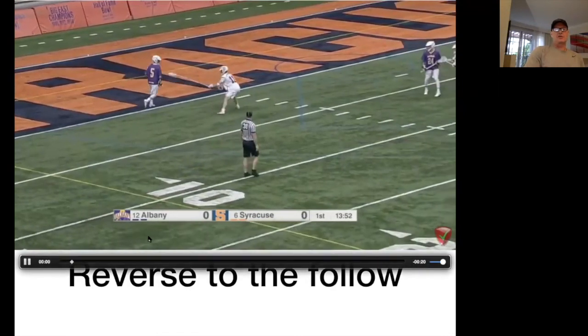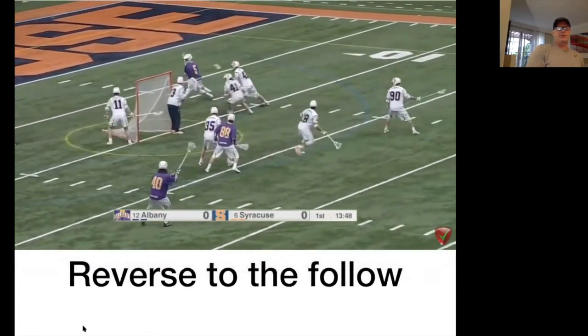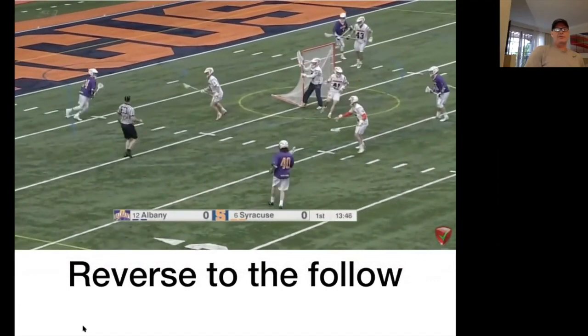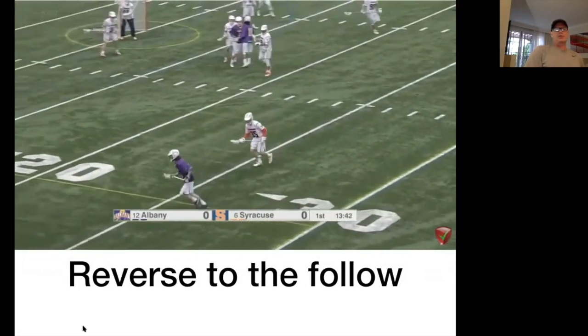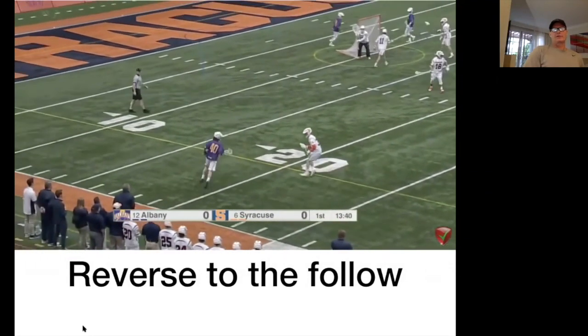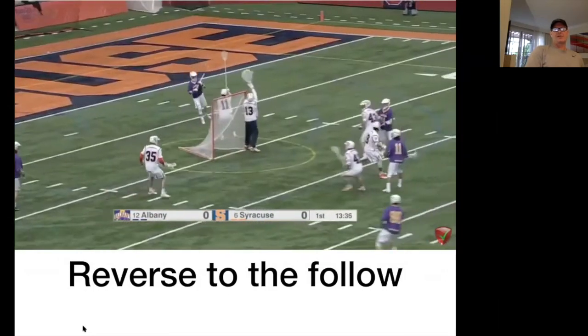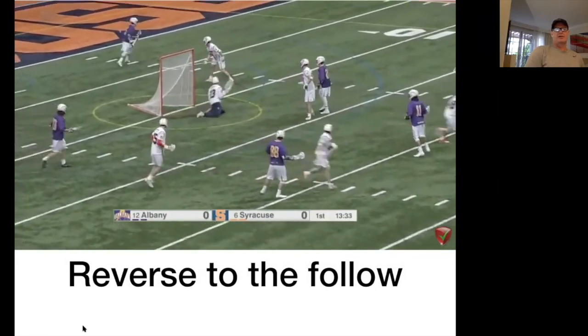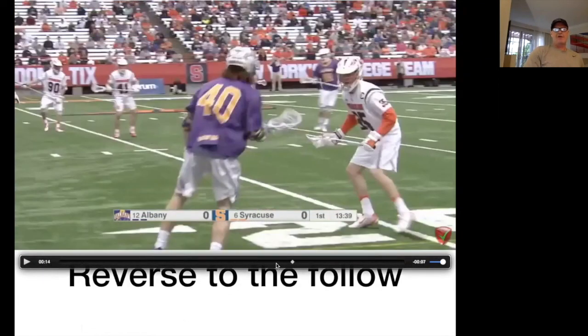And here's another example of it where they're sort of playing out of a little bit of a two-man game with Fields and whoever that is there. I'm not sure who that guy is. And then they dodge a little bit of a higher wing, not quite a goal line dodge, but you're going to see the same kind of move and the same look from Fields right back to that follow. And I'm telling you guys, that follow look